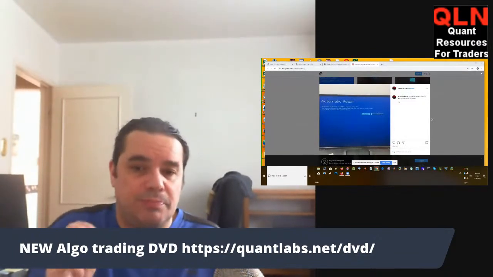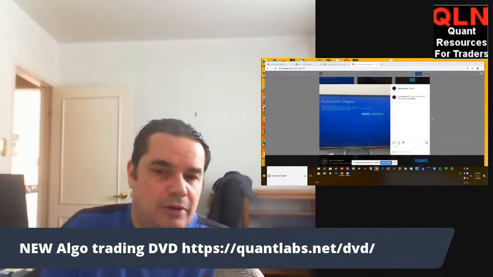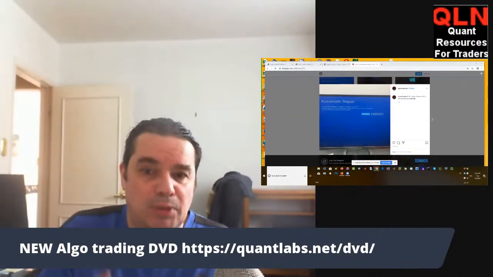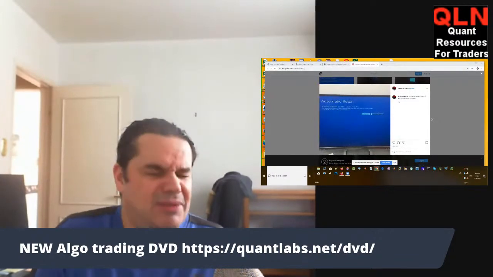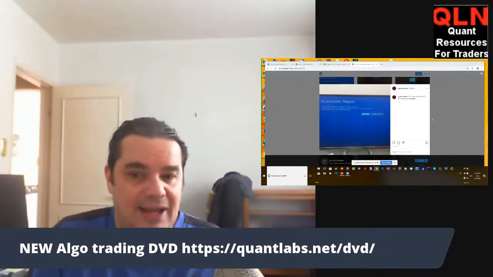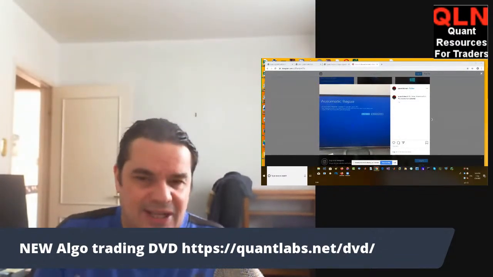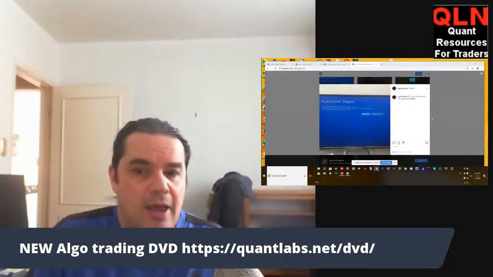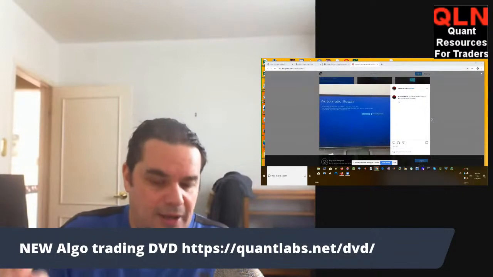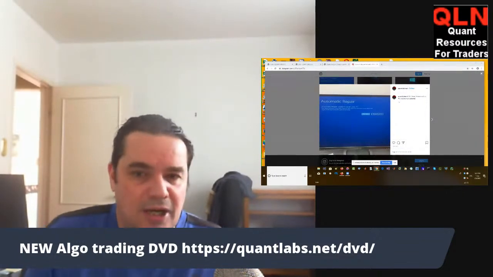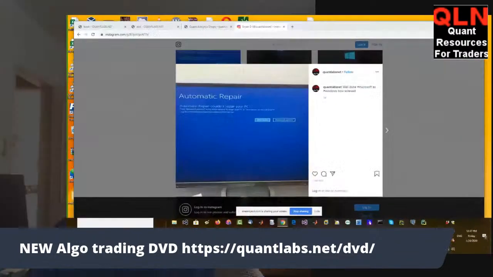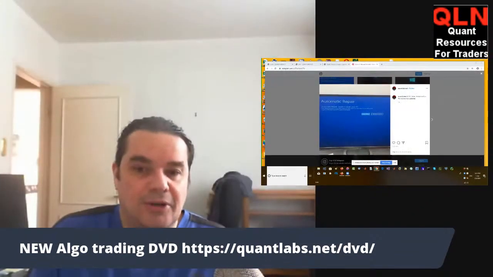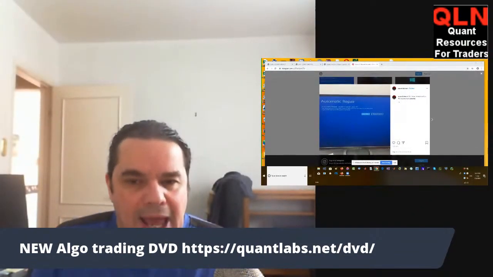Because you've got to remember, if you're building a trading environment and a full-on trading system, it has to be rigid. It has to be bulletproof. Mac seems to be the only OS that enables that. Linux, not so much, as I've experienced with any of the distros. But Windows, forget it. It's just trash with these kinds of problems. I'm just showing you here, automatic repair that fails. So I don't want to be on that as an option.